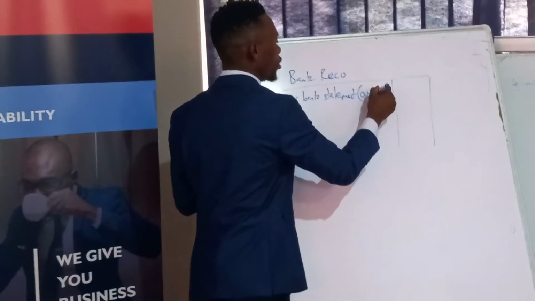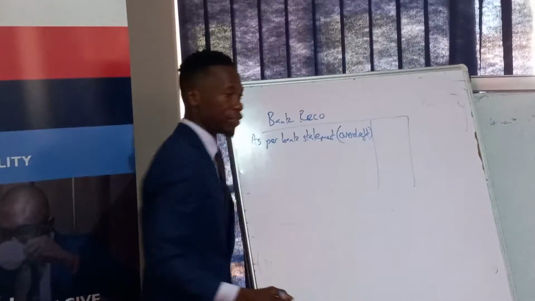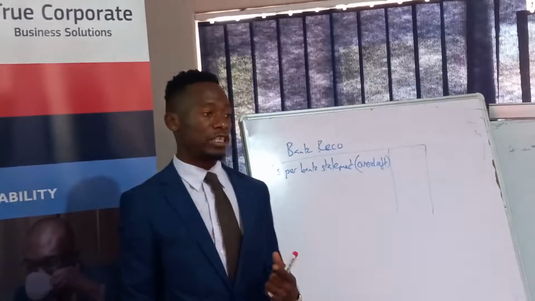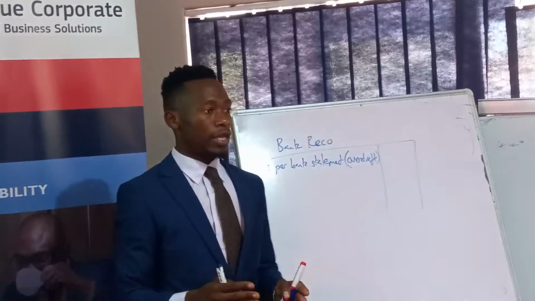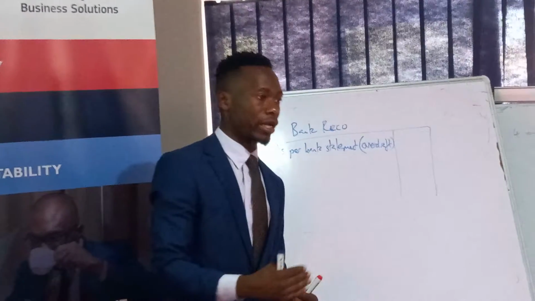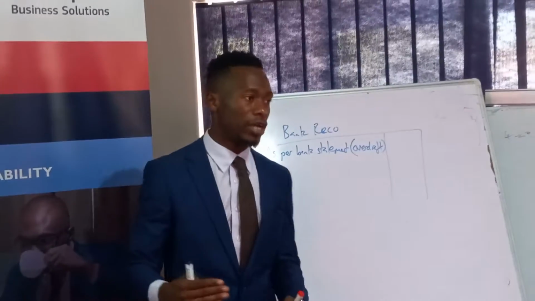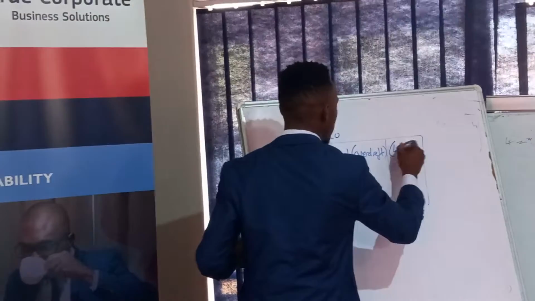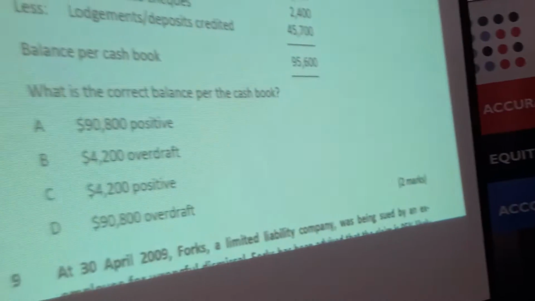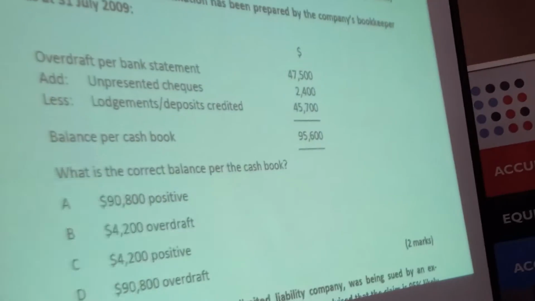But on this question we have an overdraft. Number one problem that I'm seeing, the bookkeeper treated the overdraft as positive. The bookkeeper treated it as if the company has money in the bank, which we don't have. This is negative, so 47,500 is supposed to be negative here. That's number one thing you have to know. Number two,